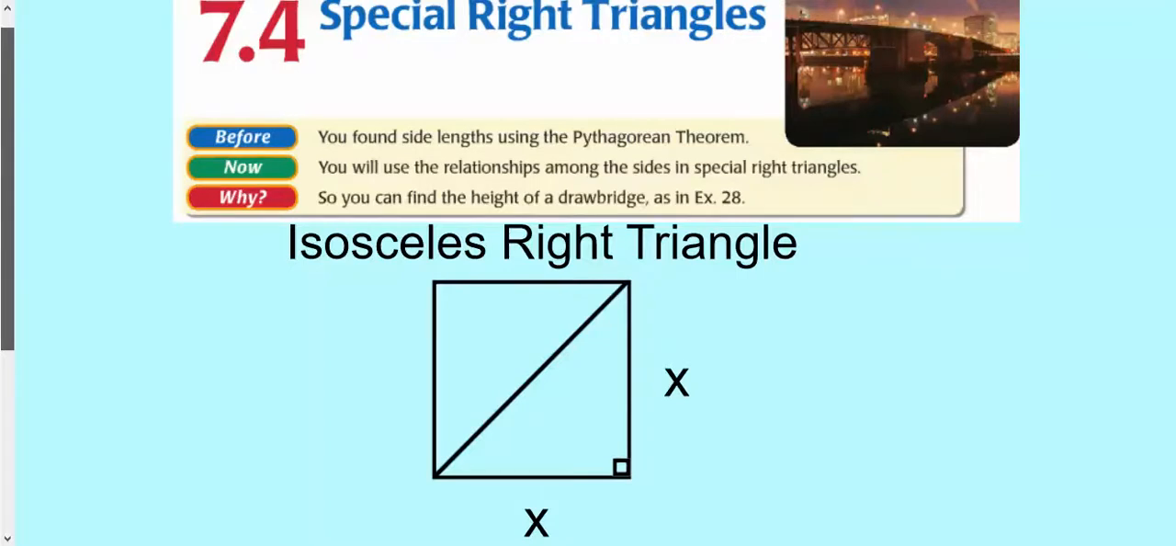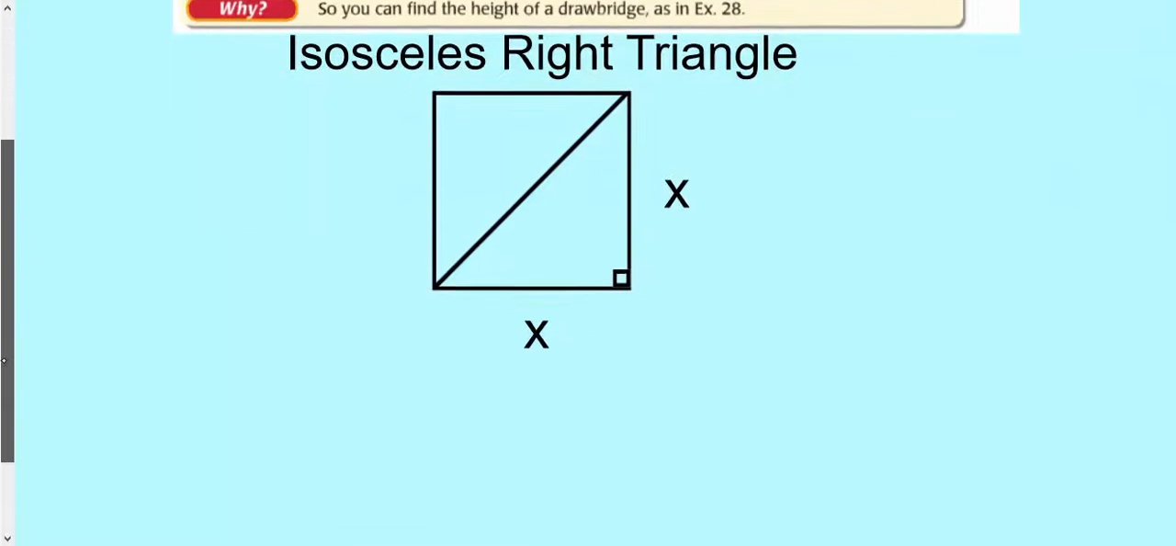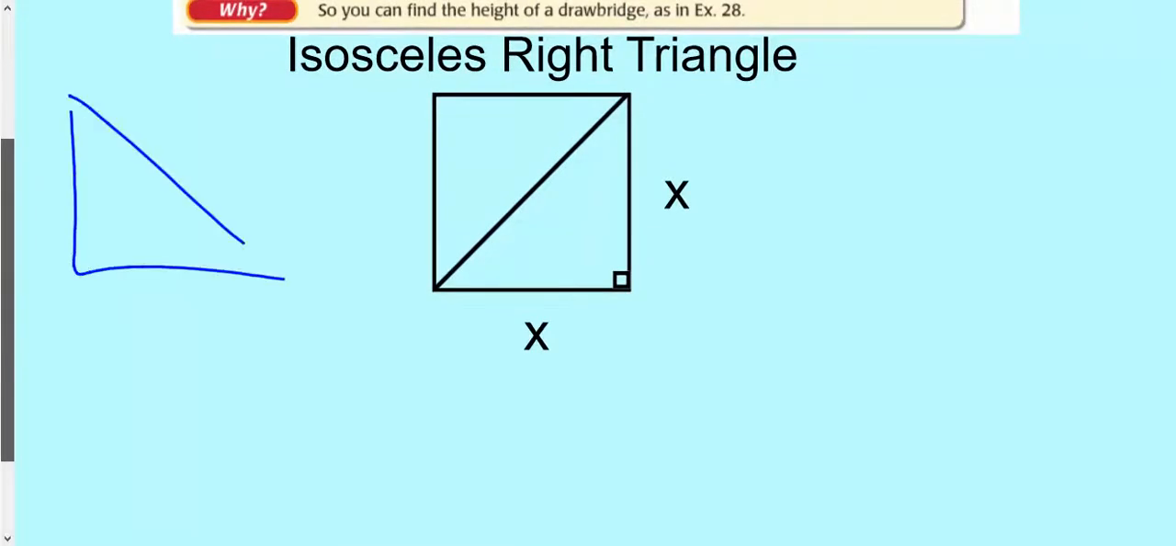All right, so we're going to start with an isosceles right triangle. An isosceles right triangle is simply a right triangle, and it's isosceles, two sides are the same. Now if this is 90, then of course we know that this is 45 and this is 45. So what we're going to do here is call this x and call this x. And we're going to figure out what this value is right here,